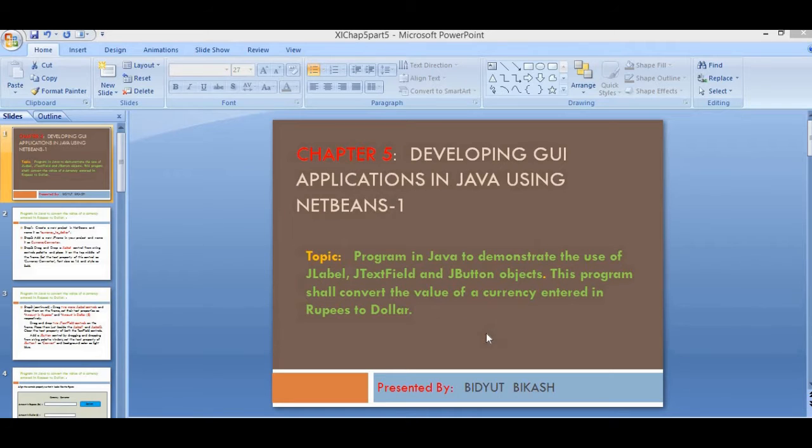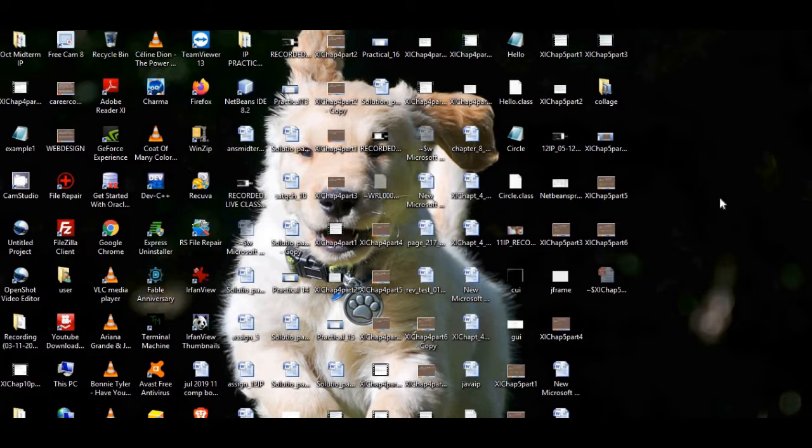Now before I start with this program, I have to open the NetBeans integrated development environment. And for that, let me first minimize this PowerPoint window and bring the mouse cursor over here. So this is the icon of the NetBeans integrated development environment and its version is 8.2. Now let me double click on this icon